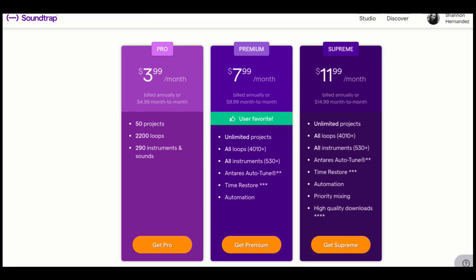Will you need it as a podcaster? It will be completely up to you. So make sure that you double check and see whether or not that is going to be worth it for you. Some things to consider whenever you're recording a podcast inside of Soundtrap is that the functionalities are not like